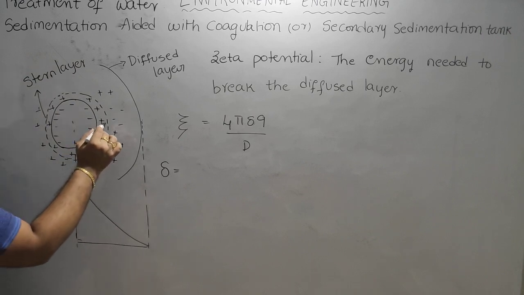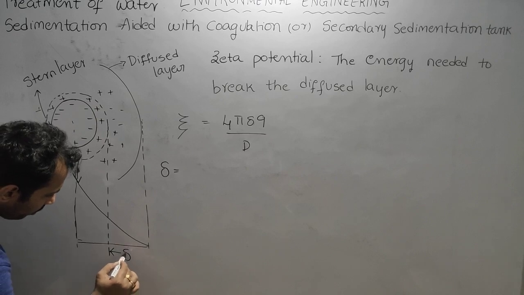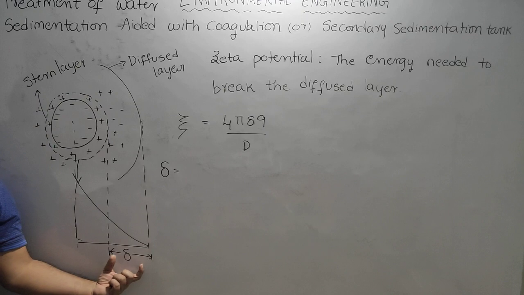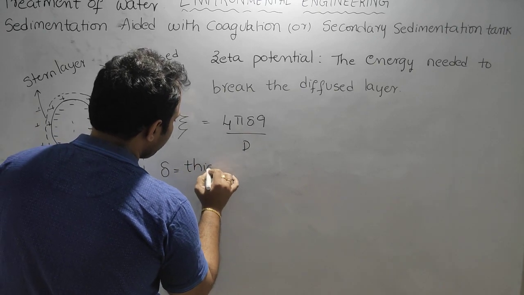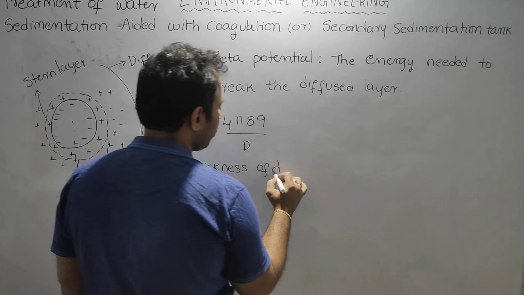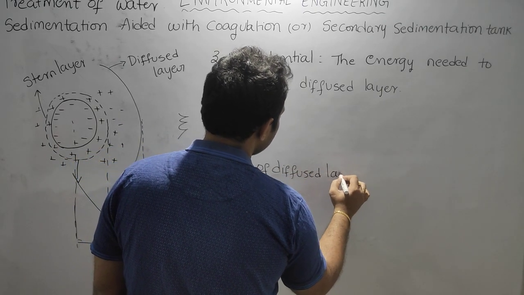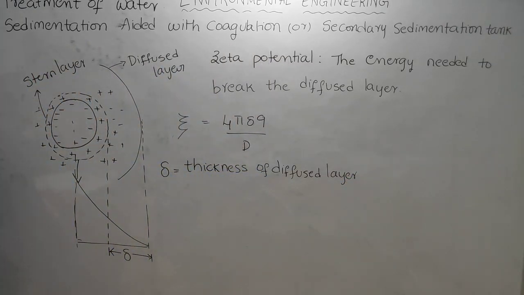So delta is the thickness of the diffused layer,